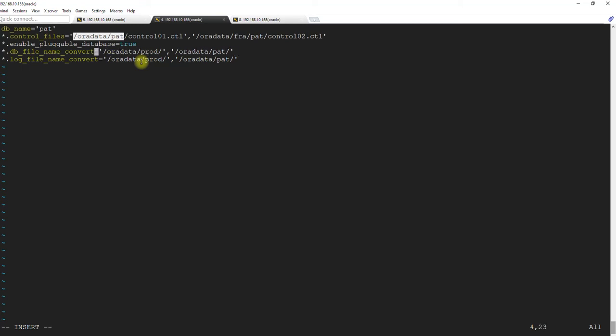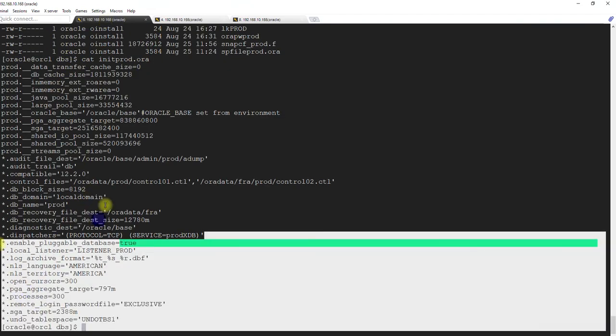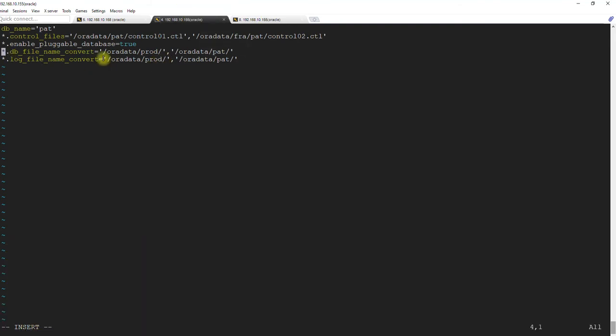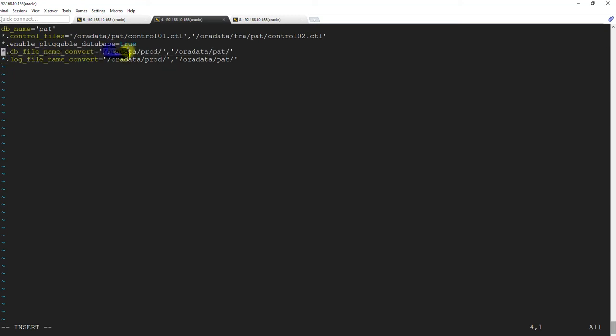Now these two parameters were not there on the initial database, the primary database, right? You don't see anything here, but you see it here. Why is that? Because during the restoration we want our directory structure to be changed. So what we are saying is, while restoring the database files, when you see /oradata/prod in the headers of the control file and data files, change it to this, change it to the new name.